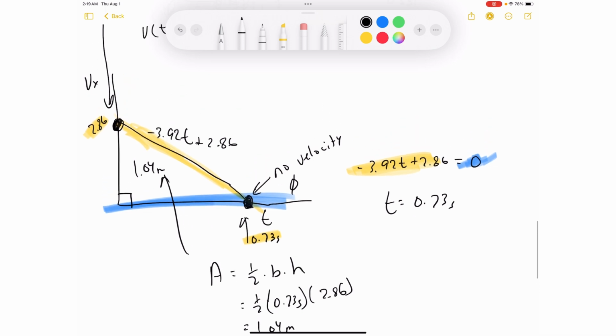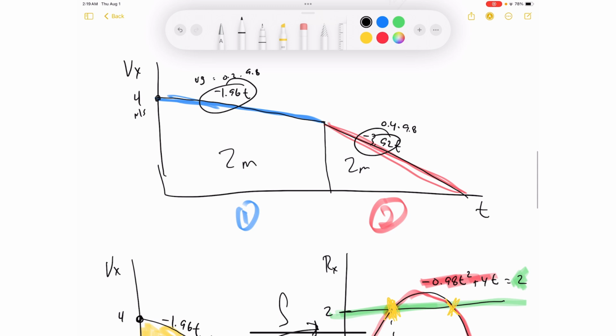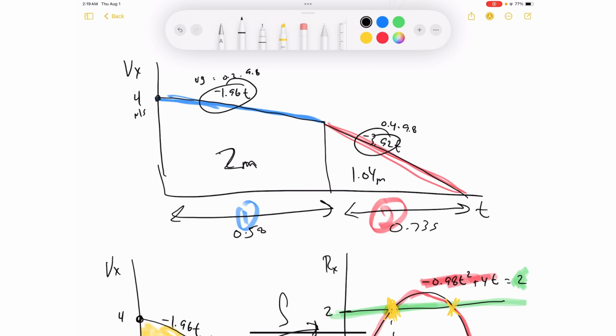So if we go back to this original one, that's 1.04. So this ends up being 2 meters. This ends up being 1.04 meters. And the time from here to here was 0.58 seconds. And the time from here to here was 0.73 seconds. And so if you add those up, and I'll put those at the top,